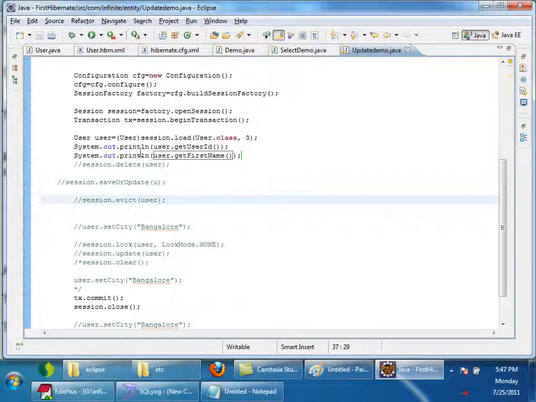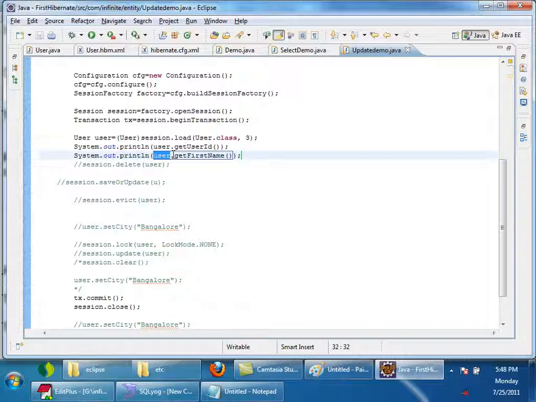So what did we understand? This reference is pointing to a proxy of user. Proxies generated by Hibernate are intelligent enough to initialize themselves on demand. Whenever we try to access a particular method on the proxy, the proxy initializes itself. So until and unless I try to access that object really, queries are not fired. That is the meaning of lazy loading. If it is required, then only it will be loaded, otherwise it will not be loaded.